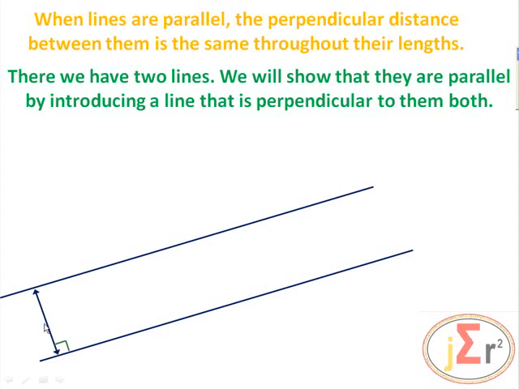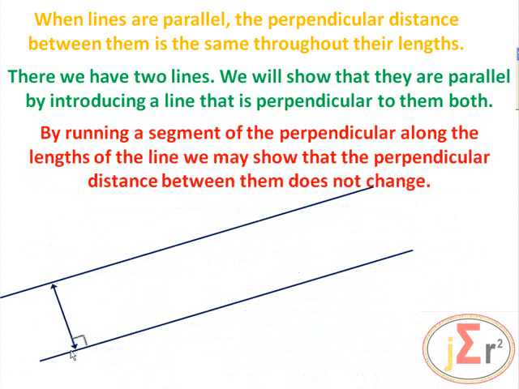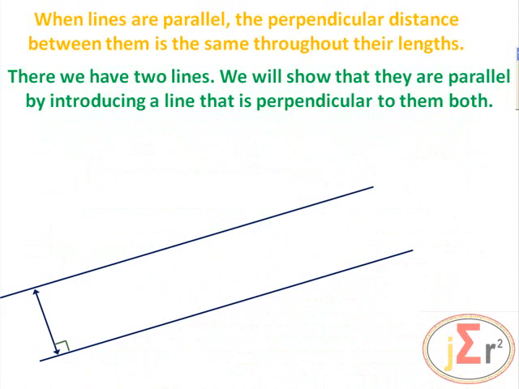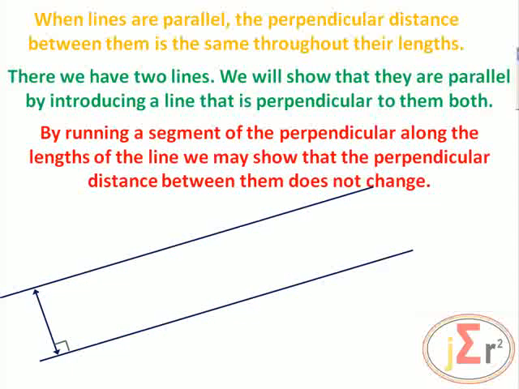If you put this perpendicular line all the way down, it will fit exactly between the two of them, all the way throughout the length, because this line is perpendicular to these two lines, and these two lines are parallel. By running a segment of the perpendicular along the length of the line, we may show that